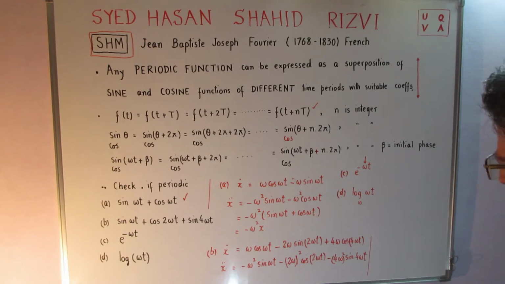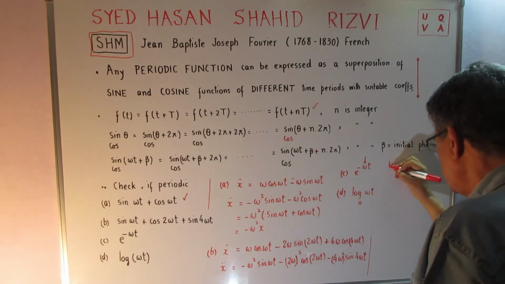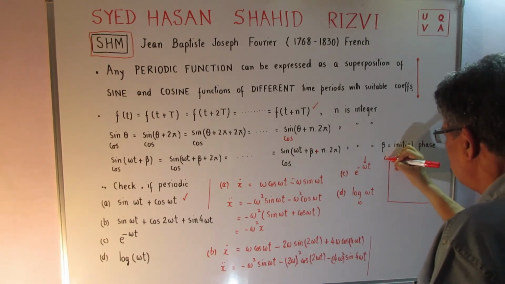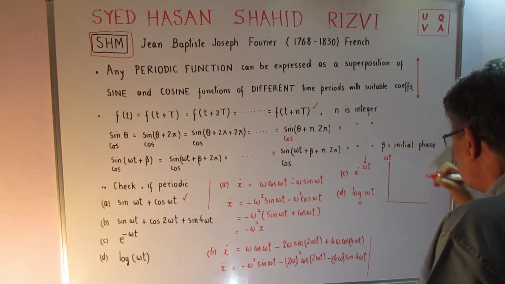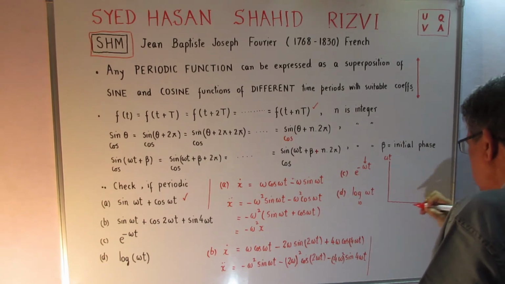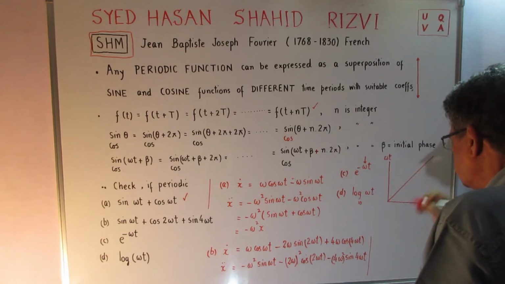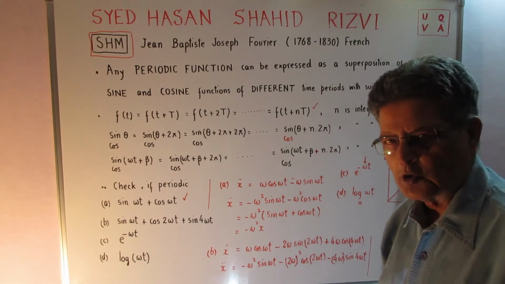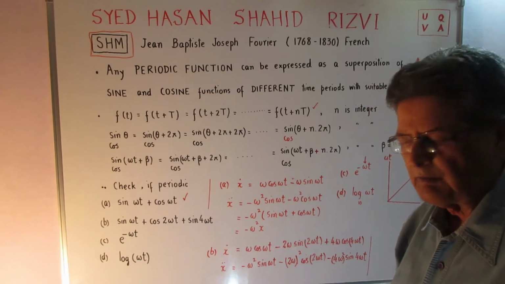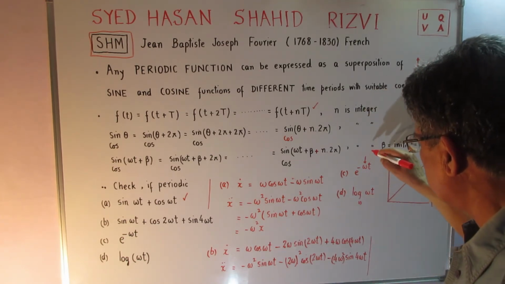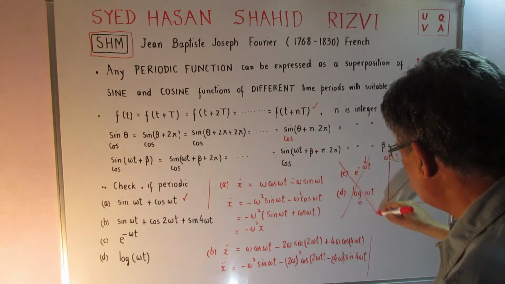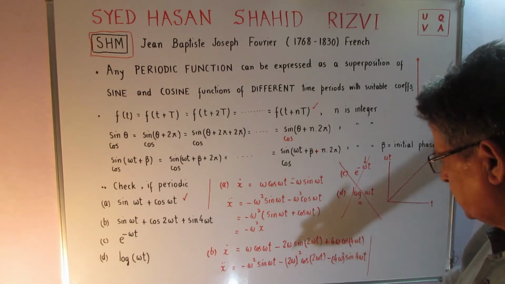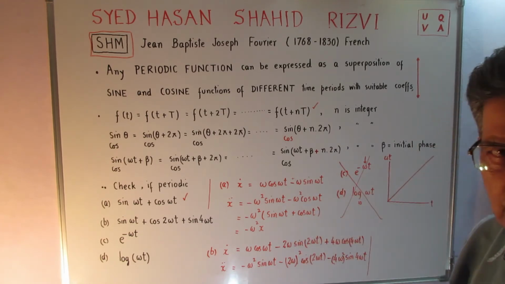But you can see that this omega t keeps on increasing with time. There is no question of a return to the original value, and therefore both these functions are aperiodic, they are not periodic. We'll talk about it a little later. So friends,